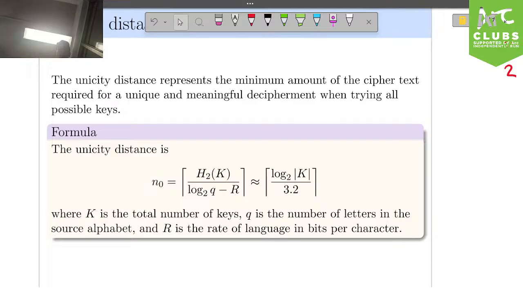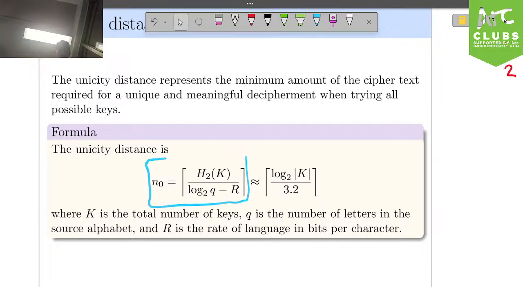We liked that in the beginning of the course. Maybe we don't like that here. Maybe if somebody's guessing the keys, it could be good if they could guess a message that is wrong. So what we're trying to estimate here is the number of elements in a message such that it is uniquely decipherable with one key. There could be another key that decrypts the message into readable English text, but it's not the key that I was actually using. So what's the distance? How many letters do I have to give you in a message for it to be uniquely decodable? And that's estimated by this unicity distance.